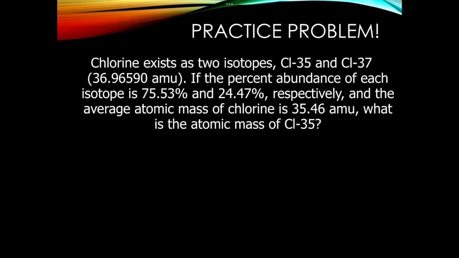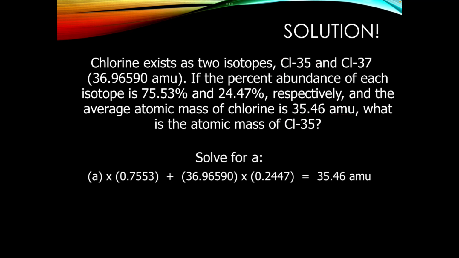So this is a little bit different. It gave us the average atomic mass, the one that we were solving for in the last couple problems. And it wants to know instead, what is the mass of one of the isotopes? Okay. So what I would recommend doing is plug everything in. We know it goes mass times percent, mass times percent, and then add them all up, right? So we don't know the mass of this one. So I'm just going to put A, just to have some letter. You can put X, you could put M for mass, you can put whatever you want. I just put A because it's the first of our isotopes.